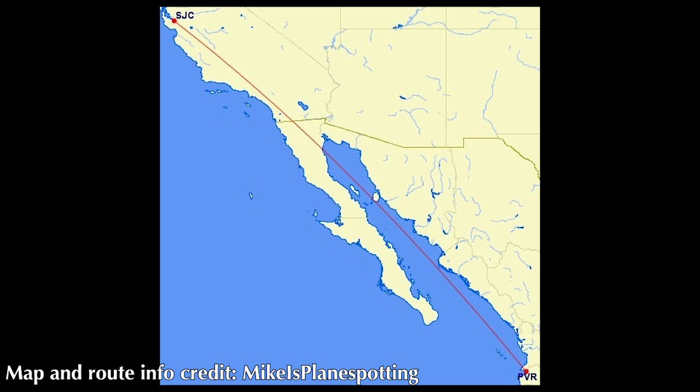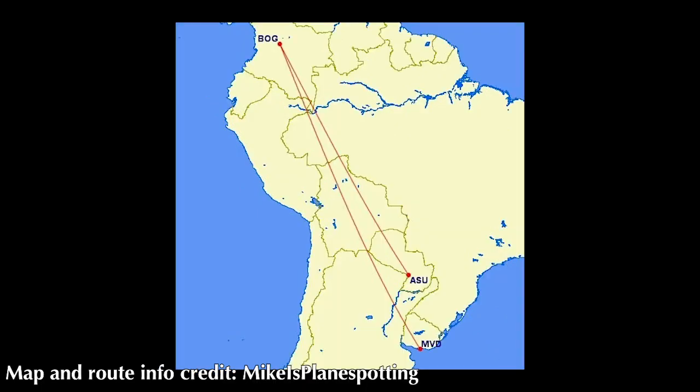19th, 2020. Avianca will be starting 2 new routes from Bogota in Colombia, and they will be flying one on the A319 3 times weekly to Pagu. I can't pronounce it. Anyway, it's a city that has an airport that has the code of AUS. That will be starting on January the 16th, 2020, 3 times weekly, and then they'll be flying from